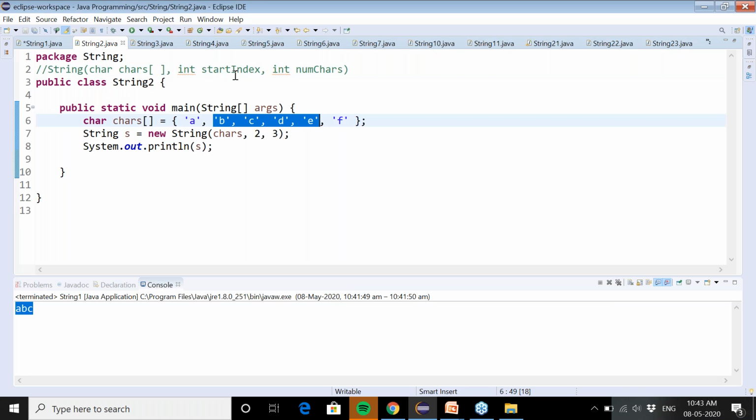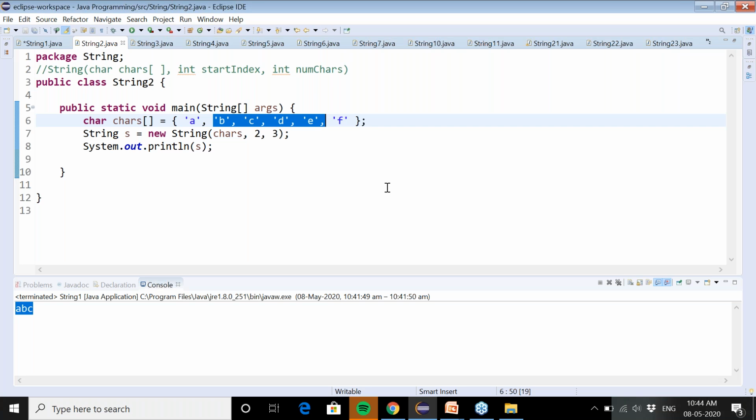So the second argument will be the starting index of the array, and the third is the number of characters. For example, if I want to build a string out of these four characters that I have highlighted over there, the start index of B is 1, because as you know the array index starts from 0. So the start index is 1, and the number of characters is 4. So you have to write over here 1, 4.